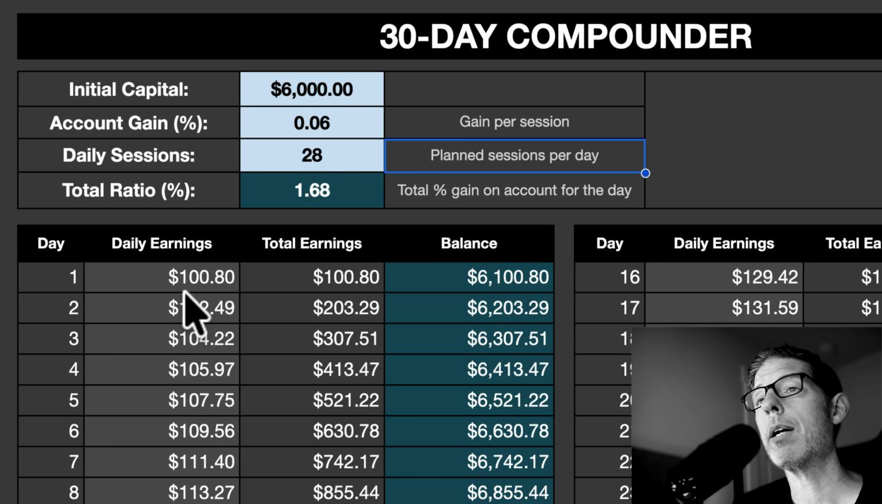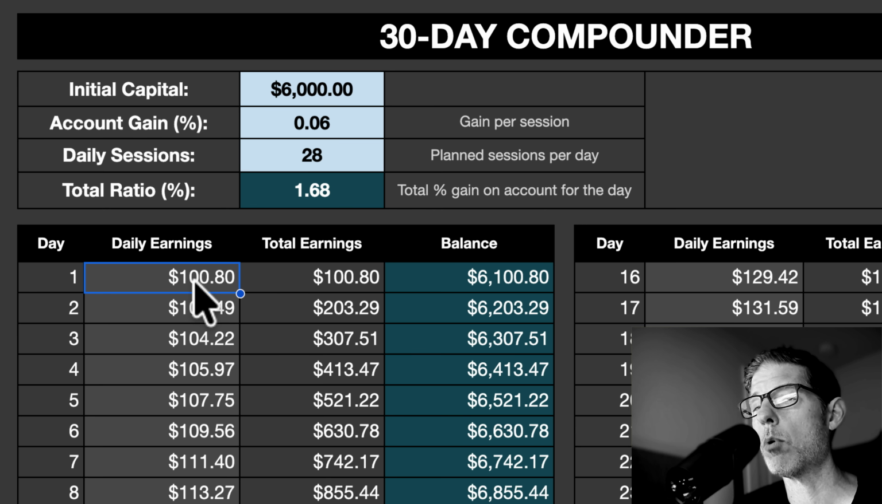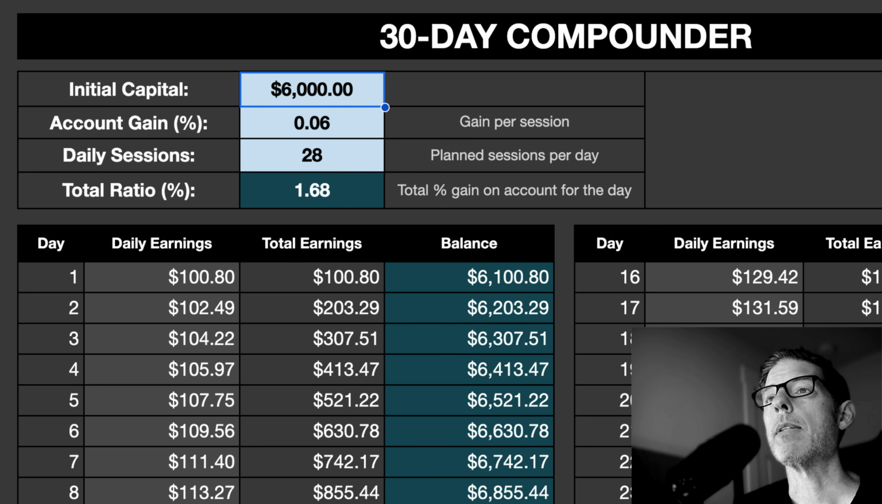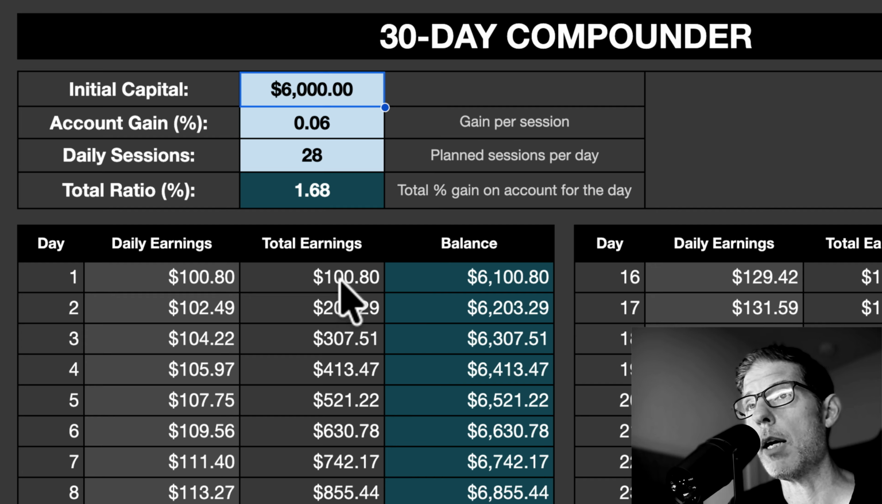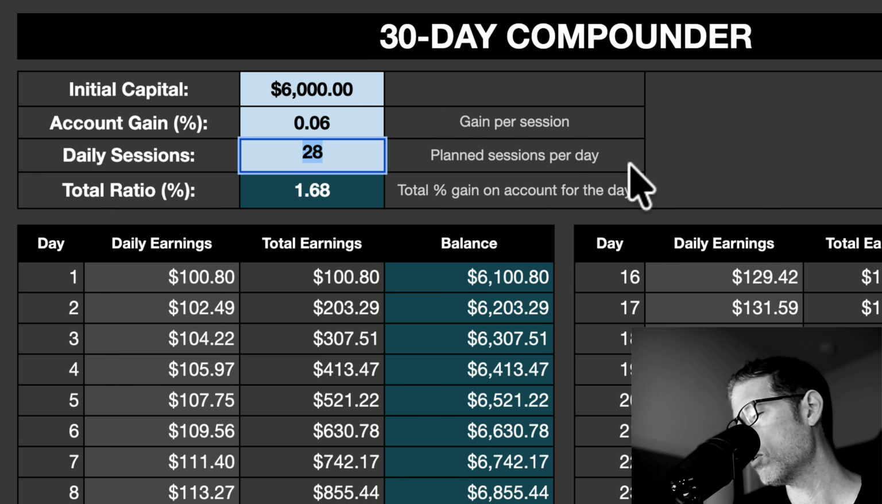So starting on day 1, you could have that $100. Of course, you're going to have to have that $6,000 in there to do that. So you've got to be comfortable with that. And that's going to give you a total account gain for the day of about 1.68. Now, at the end of that 30 days, this is going to be a slow growth up to $200 a day. If you guys want to put in a little bit more effort and do a few more sessions,